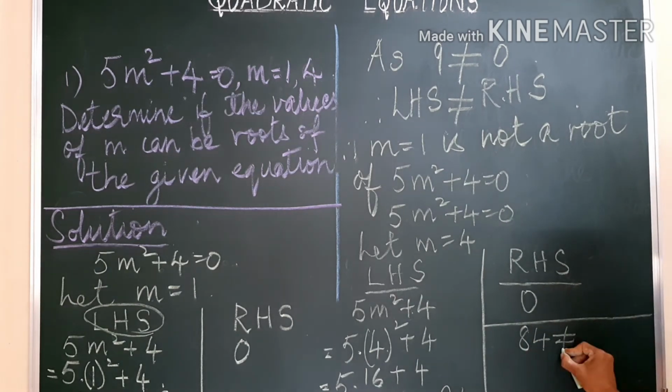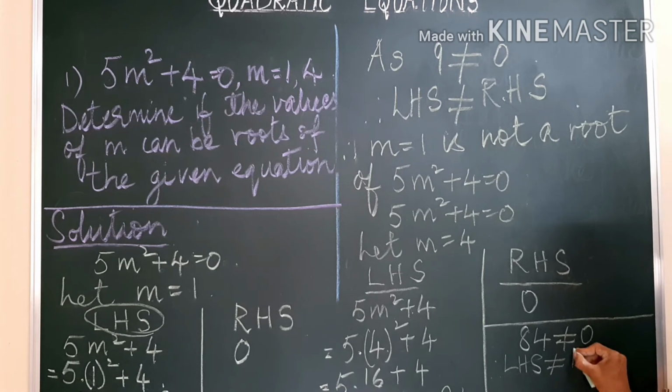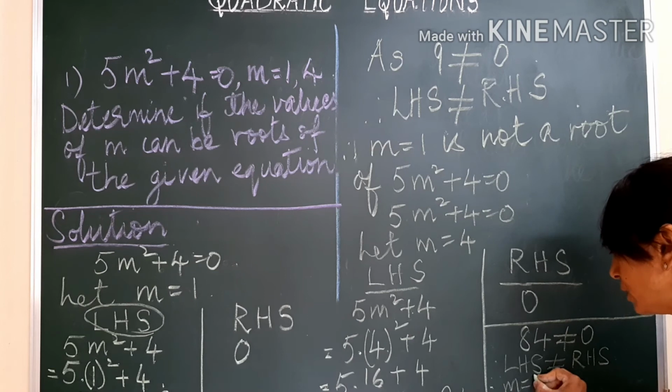84 is not equal to 0. Therefore, left hand side answer is not equal to right hand side. So can we term m equal to 4 as the root of the quadratic equation? Definitely not. Therefore, m equal to 4